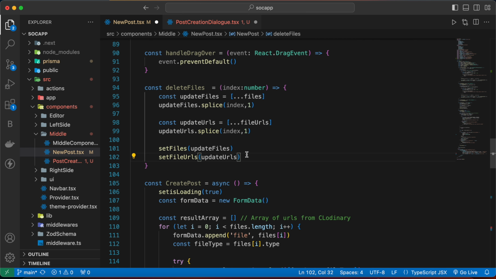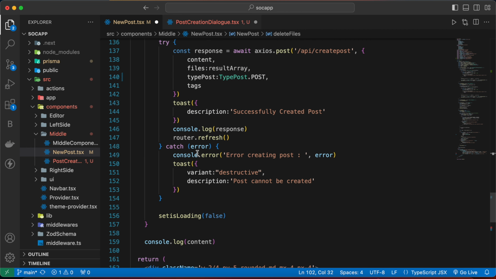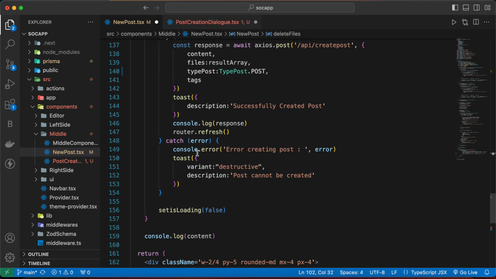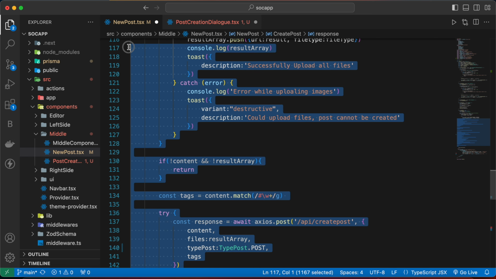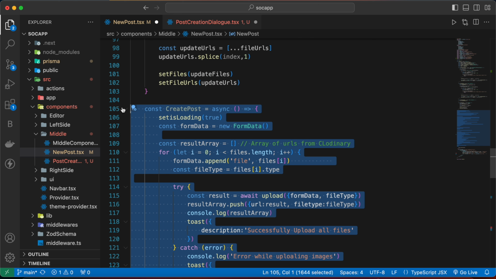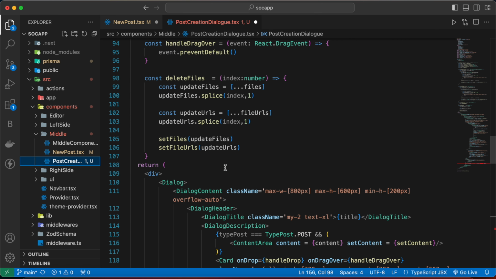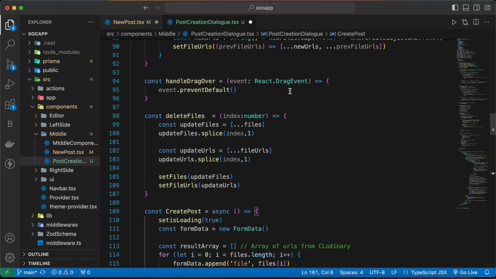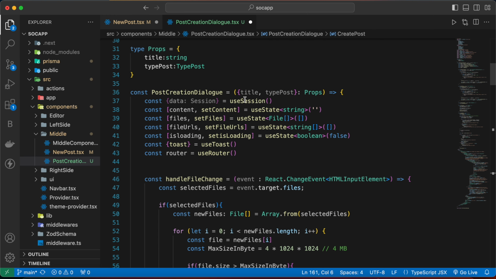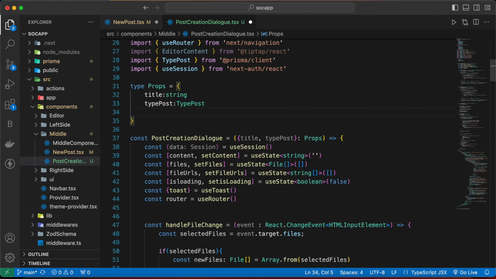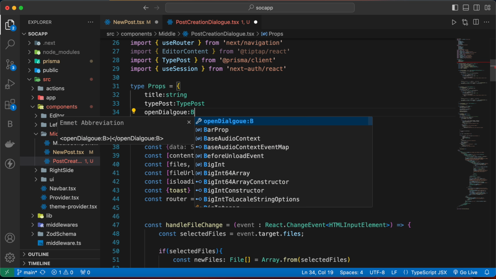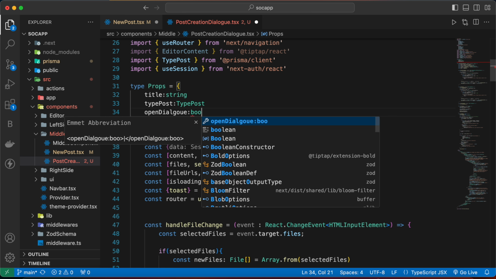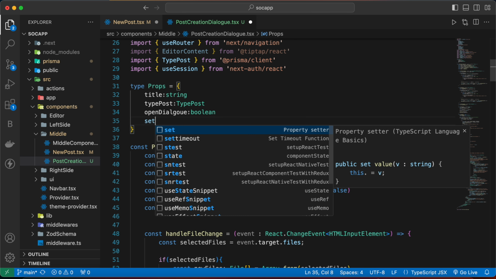So let's go here and we can copy all our function. Now also we are going to do some changes in our functions. Now two more fields that we are going to pass here, and that will be open dialog, and this will be of type boolean, and second will be set open dialog,